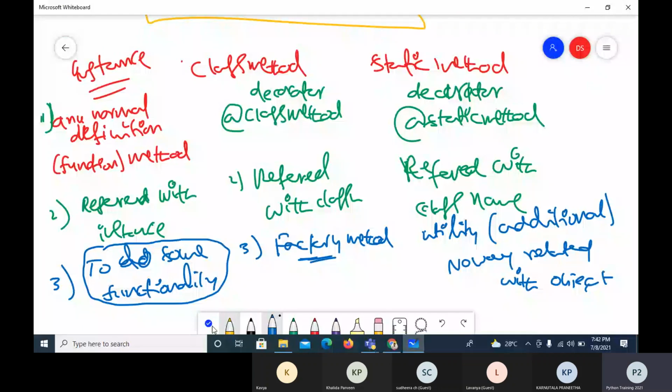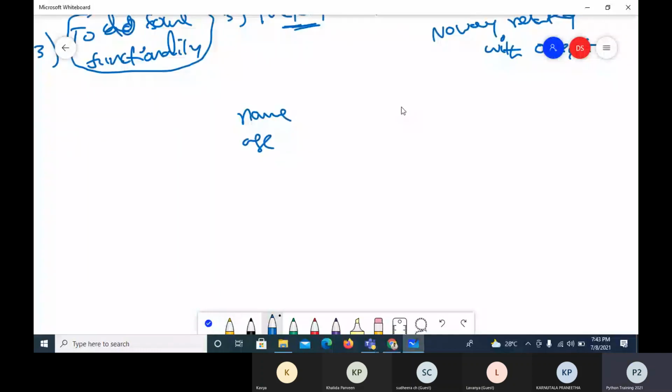Generally I want to have name and age, but name is given by somebody, and instead of age, suppose they are giving date of birth. So what I can do now is use a factory method, which is a class method. Name will be taken as it is. Date of birth should be converted into age.